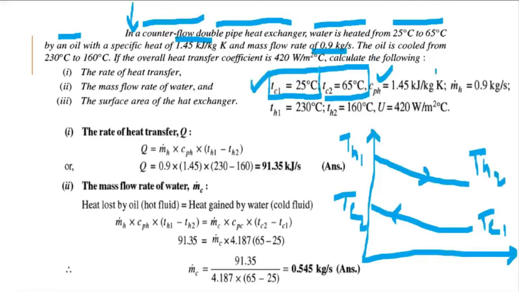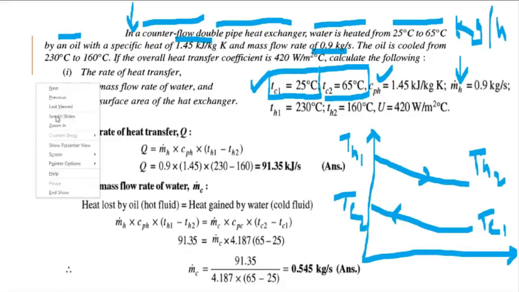So this is the mass flow rate of oil, or it can be taken as mass flow rate of the hot fluid. Be careful with the unit. Most of the times the unit will be given as kg per hour. In this case, you need to convert this to kg per second, so you need to divide this by 3600. In our case, it has been directly given as kg per second, so our unit is fine. Is this part clear to all? Yes, sir.